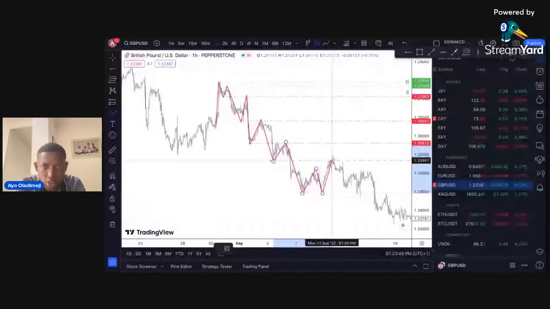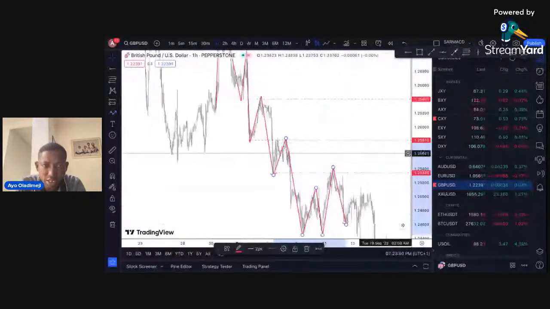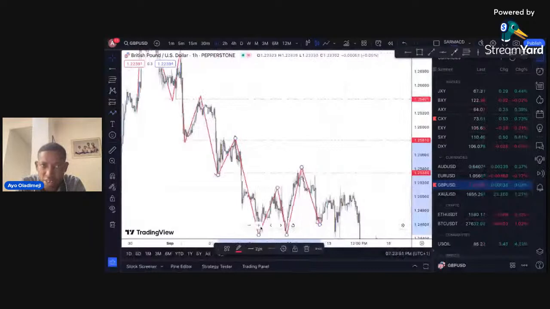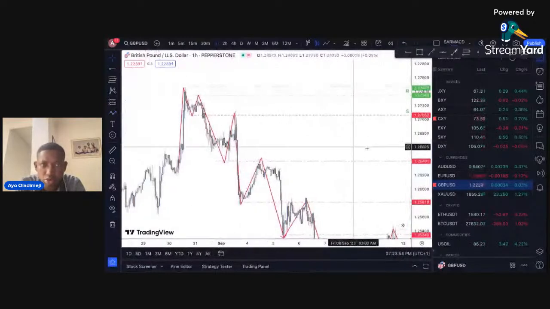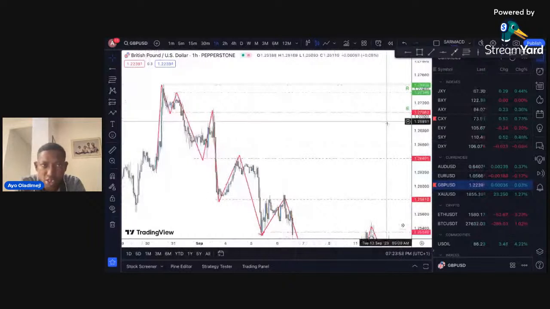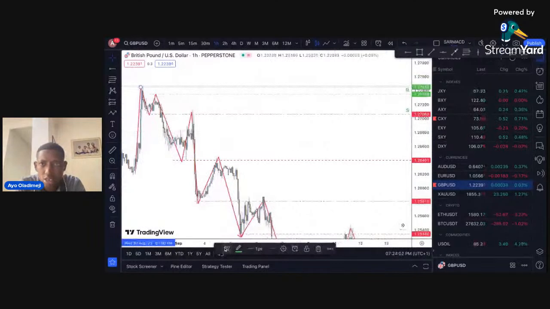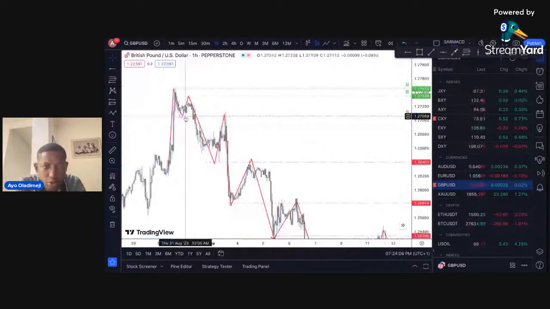So let me stop here. Let's just look at what I'm saying. Support becoming resistance. Support becoming what? Resistance. So this guy here is a support here. It is a resistance here, right? And here it was a support. But let's look at how, when price broke through, what happened?